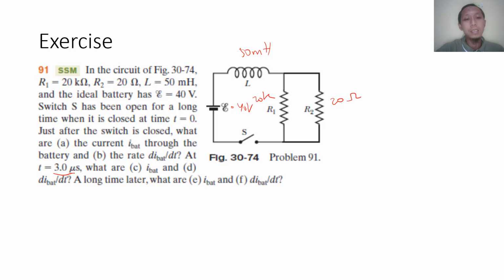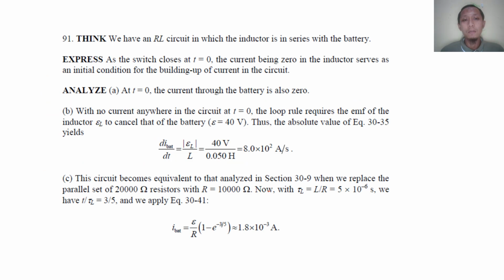What is I_bat? And D is dI_bat/dt for a long time later. And what is I_bat? E is I_bat, and F is dI_bat/dt in the long time. So how do we solve this? The first,